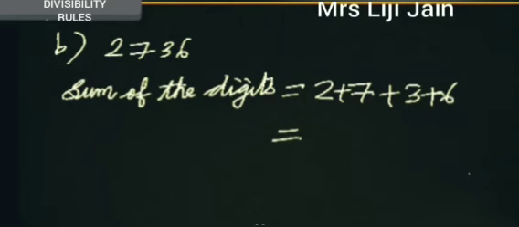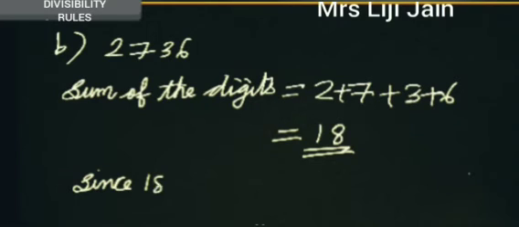2 plus 7, 9, 9 plus 3, 12, 12 plus 6, 18. Here also we got 18. Is 18 divisible by 9? Yes. So what can we conclude? Since 18 is divisible by 9,